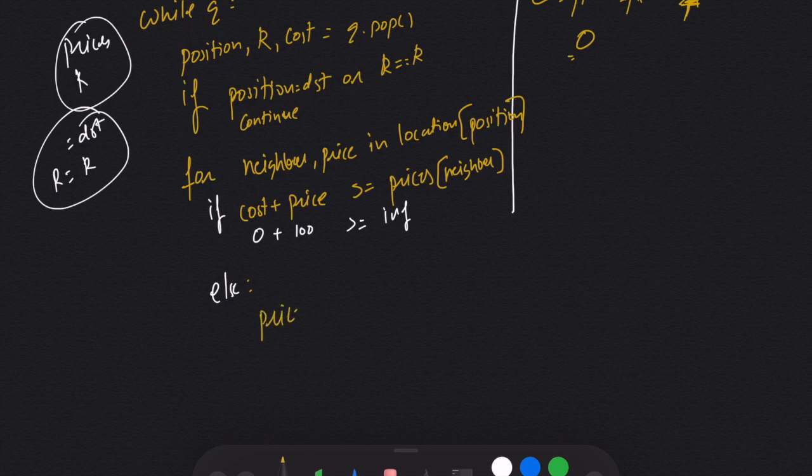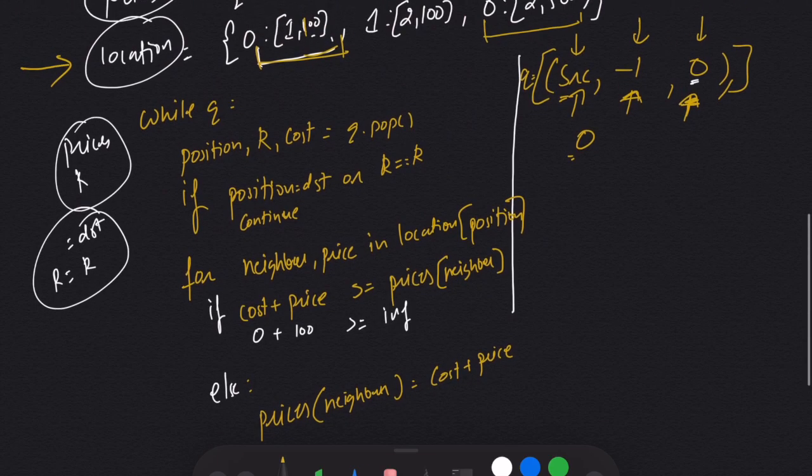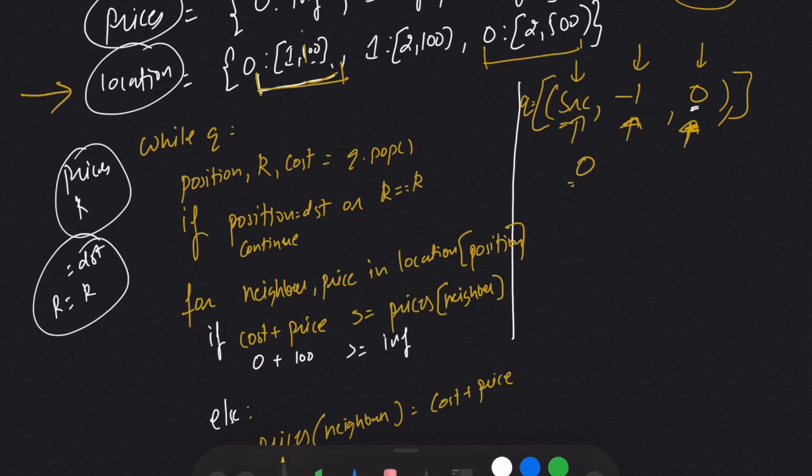So prices of neighbor will be equal to cost plus price, and because I am done with 1 now, that means I also need to take care of 1's neighbors. So I will add the information of 1 to my queue.